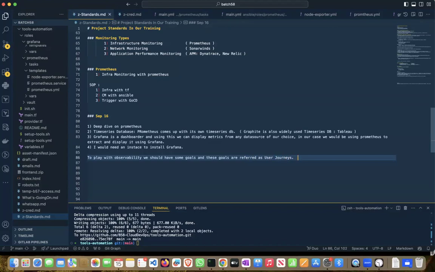Okay, if you're talking about YouTube, number of plays per second, number of ads that are running, these are all user journeys. Whether the service is up or not, how many minutes the service is down, these are all user journeys. So in our case, we are targeting,